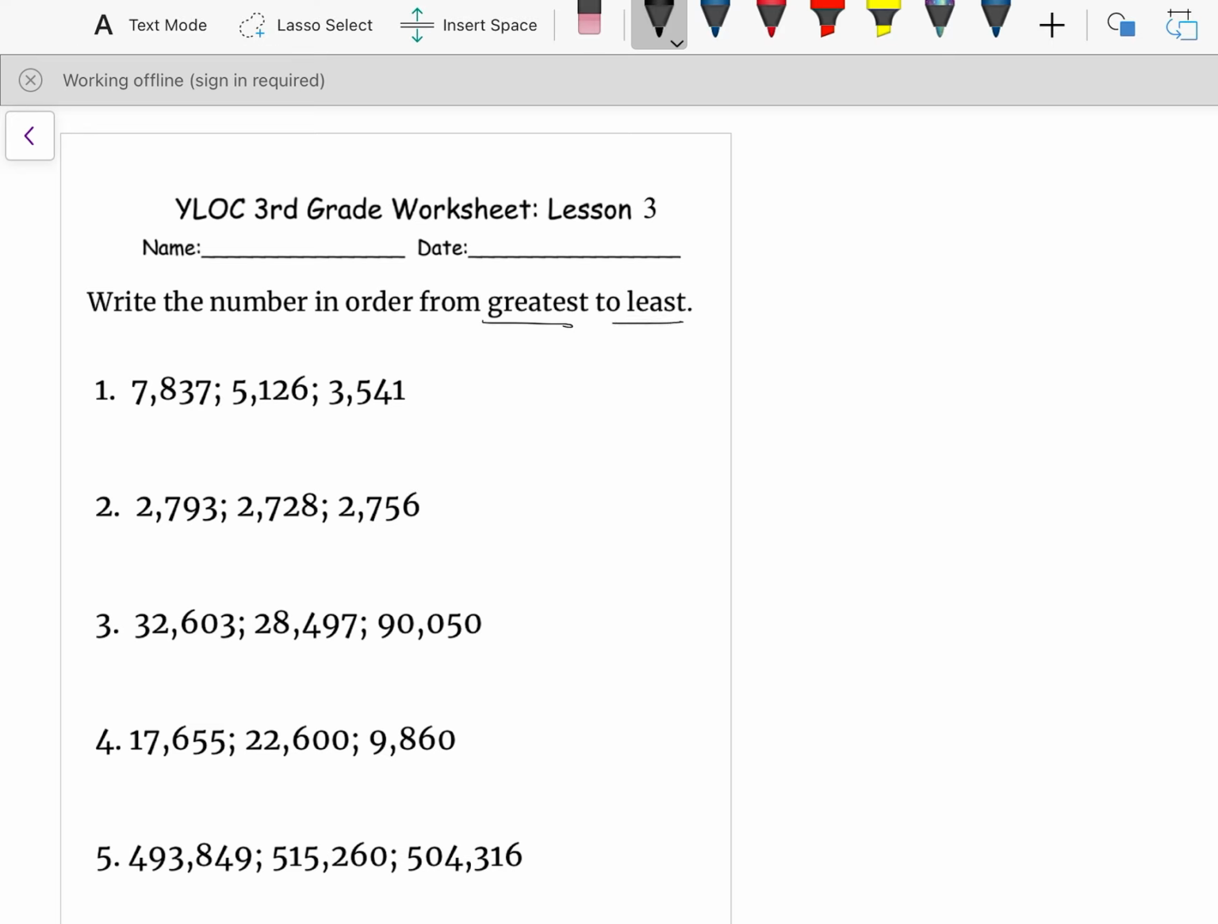So for number 1, we're going to compare the numbers. Since all the numbers have 4 digits, we're going to compare the first number. So it's 7, 5, 3, but since 7 is greater than 5 and 3, we're going to put 78,37 first. Then since 5 is greater than 3, we're going to put 51,26, then 35,41. And for number 2,